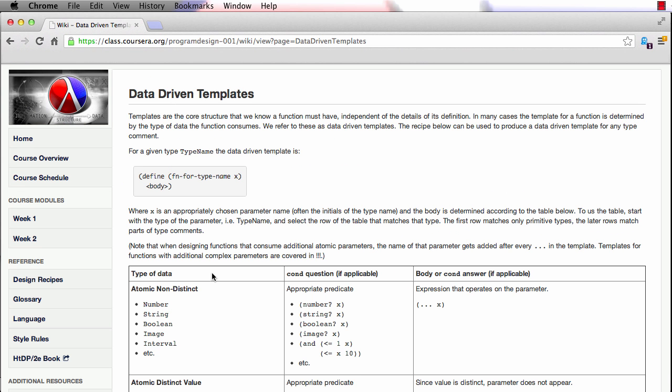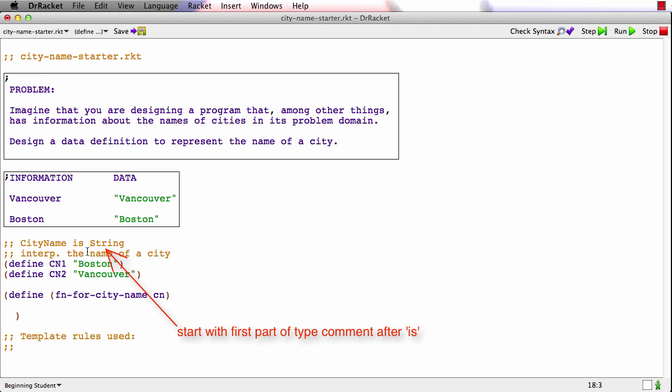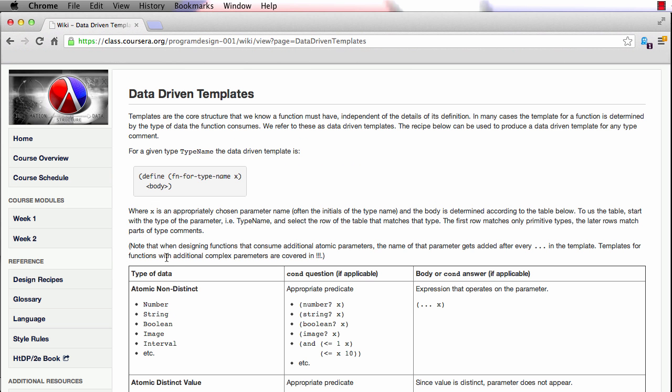And now looking back at the data-driven templates page, what I see is the way to produce the body is to follow the rules in this table. What I do is I go to the type comment, I look at the first word after is, so that's string, and then I start working in this table from there. Now string is what's called an atomic non-distinct type. The best way to understand what non-distinct means is to wait for a couple more videos and then we'll see what distinct examples are. But string is right here, so this is the row of the table that I'm going to use,